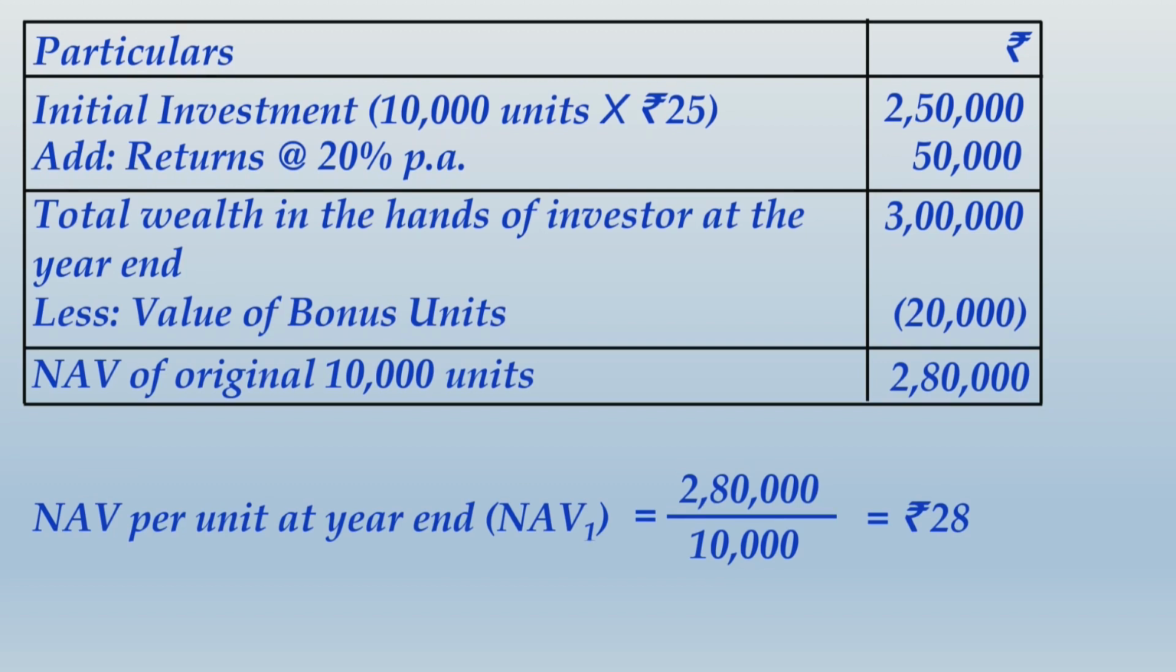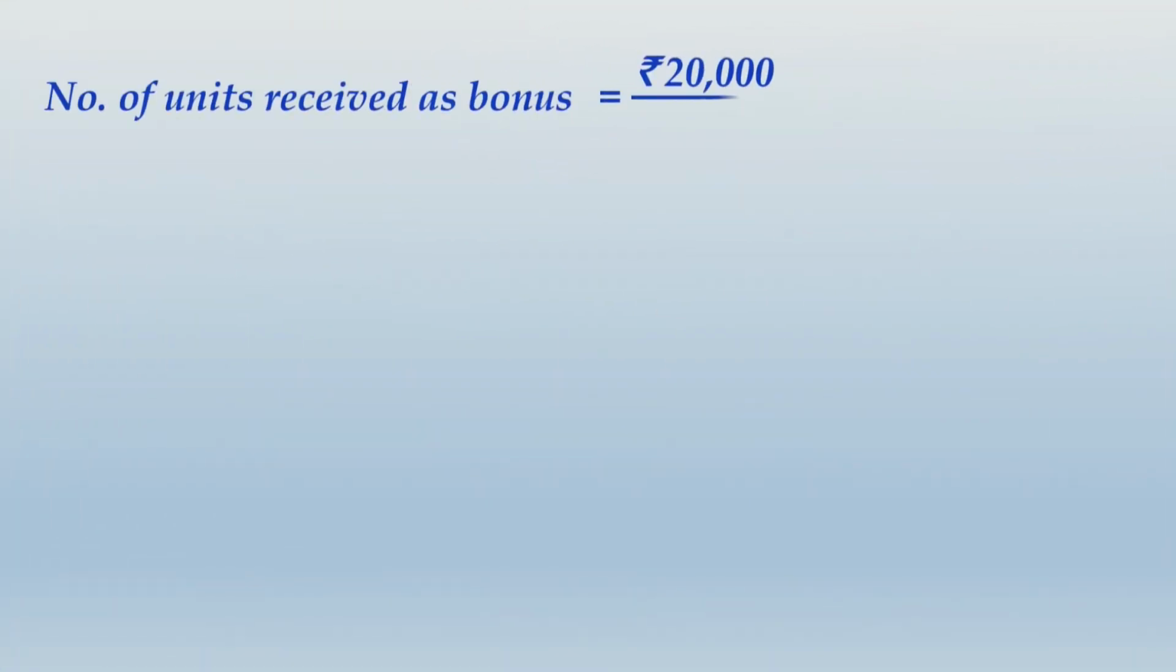Alright friends, you would have finished writing this whole thing. Let us move ahead and write the last part of the solution. First thing what we would do is we will mention the total number of units received as bonus. Because of our assumption that bonus was distributed by year end and its value was 20,000 in total and 28 was the NAV as on that date, by way of bonus, the company would have definitely distributed